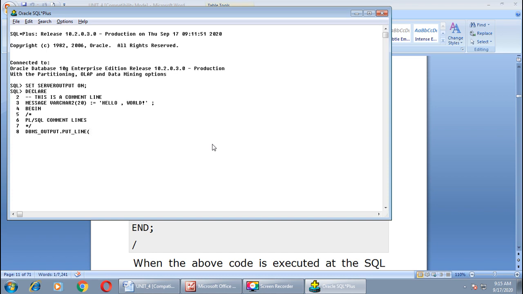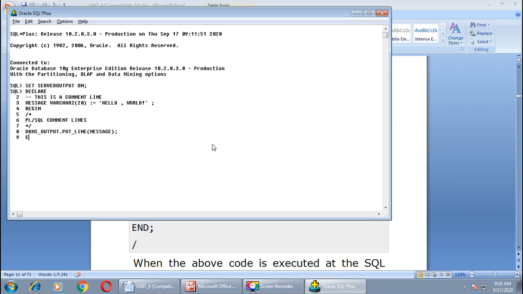If you are passing a static string, you must enclose that string in single quotation marks, and if you want to print the message through a variable, then there is no need to enclose the variable's name in single quotation marks. Otherwise you will get the name of that variable as a result on the screen. Here message is the name of a variable, so no need for single quotation marks.